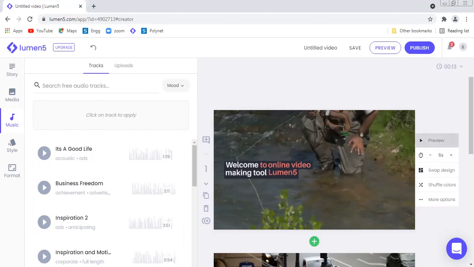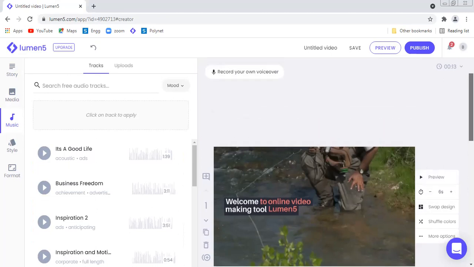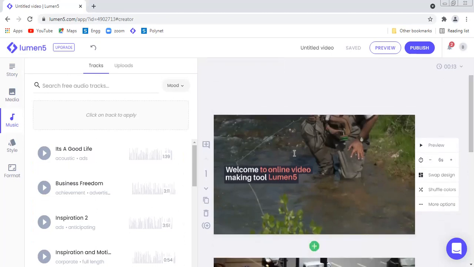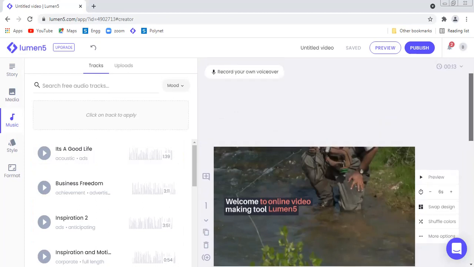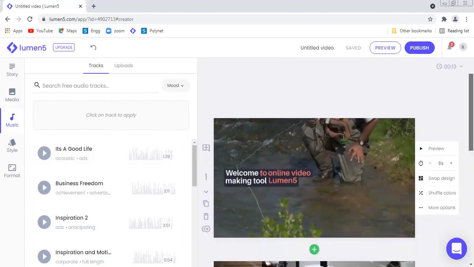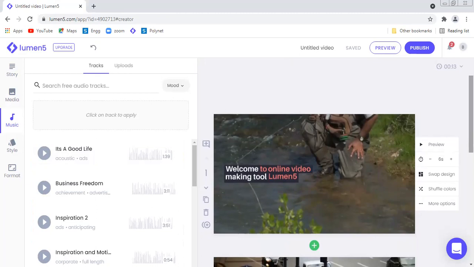Earlier, since voiceover was not available, we used to select the music track. So selecting the music track is optional. If you want to narrate in your own voice, you can record your own voiceover. If you don't want to say anything, and just want a music track, then you can apply the appropriate music track.